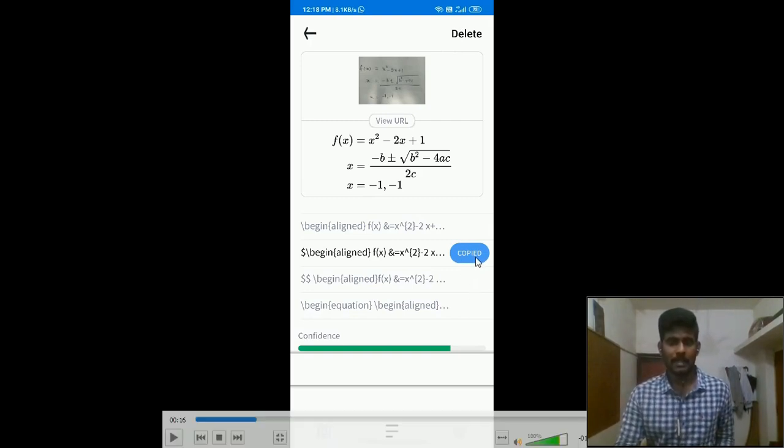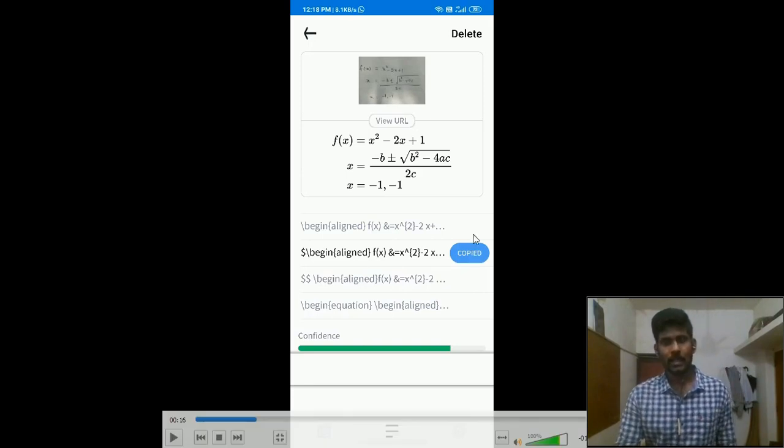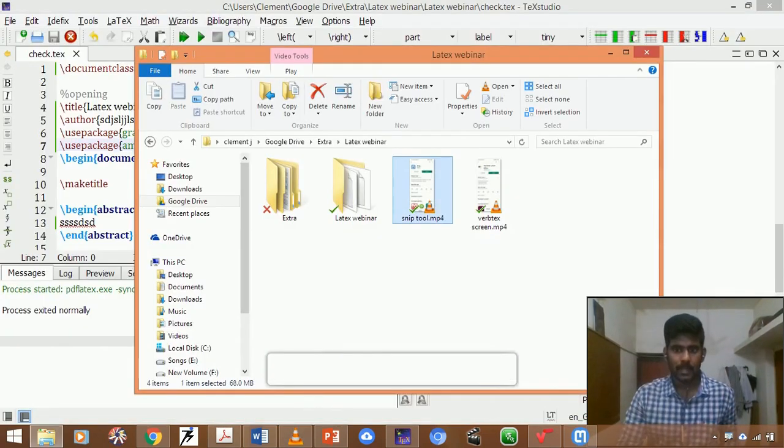After this, you can copy the text and simply paste it in your mail. You can share it through your mail, and from the mail you can pick it and paste it in your TeX compiler. That is a feature you will surely enjoy if you use this Android app. I believe it is also available on Mac Apple devices. So this is one way to insert.